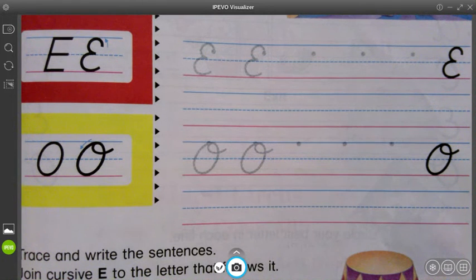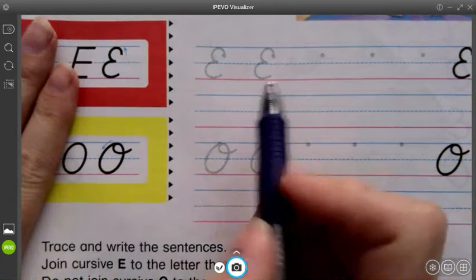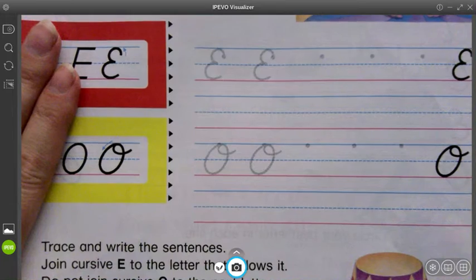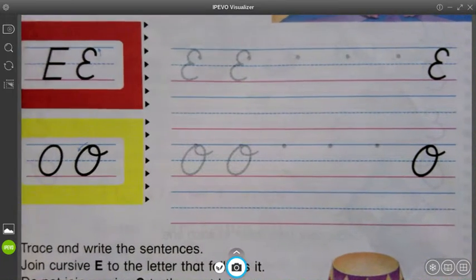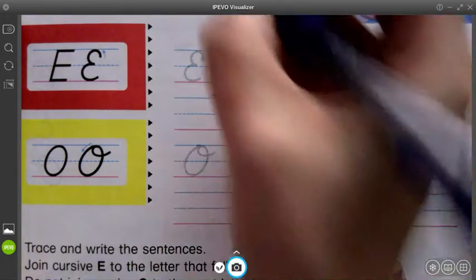And remember that you can always just use a piece of paper or your slate if you cannot find your book. It's just easier because a lot of the times, we use these different colored lines. So last time we did capital A and capital C. Today, our capital E